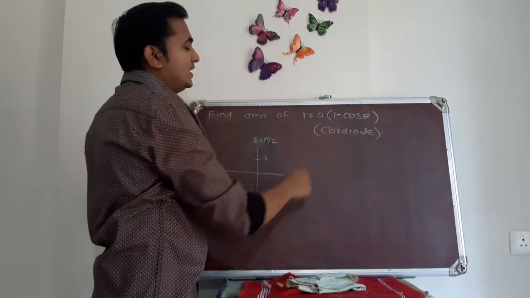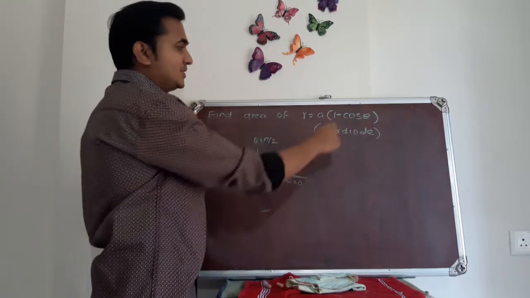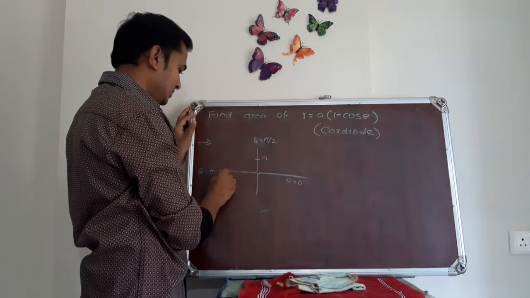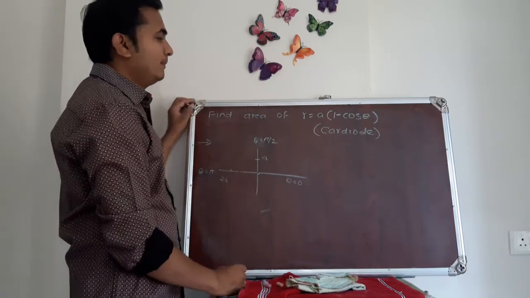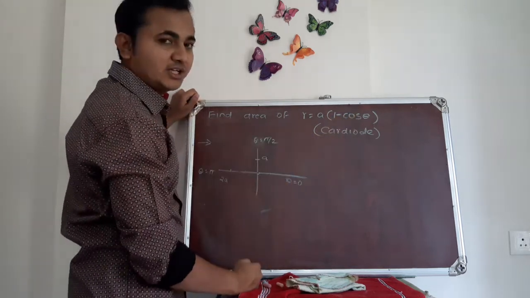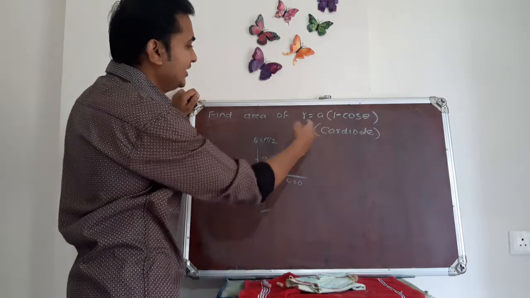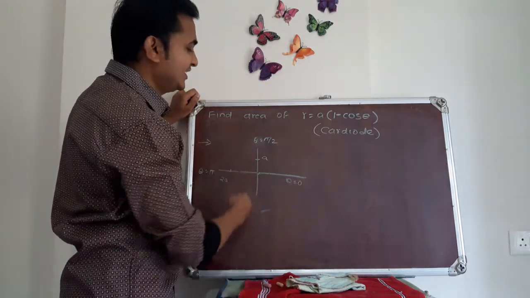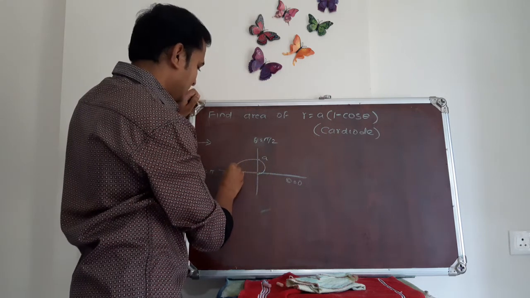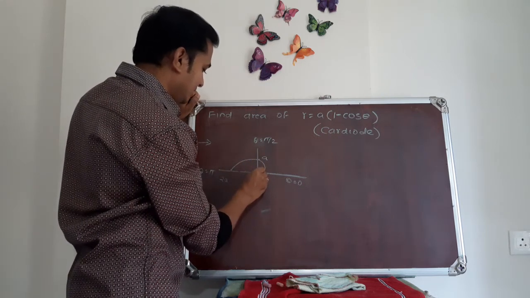So cos pi is minus 1. So minus minus becomes plus. So r is 2a. Here it is a and here it is 2a. Now if you replace theta by minus theta, the equation remains unchanged. Therefore it is symmetric about the x-axis or initial line. That means whatever curve you draw here, a similar curve will be there